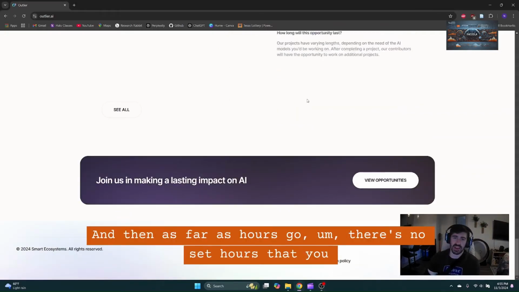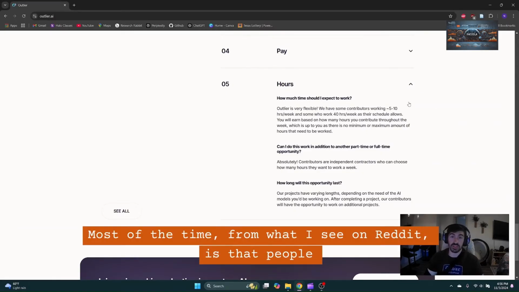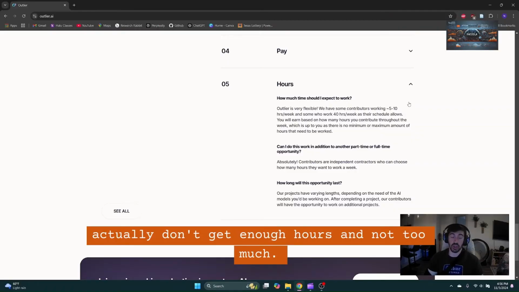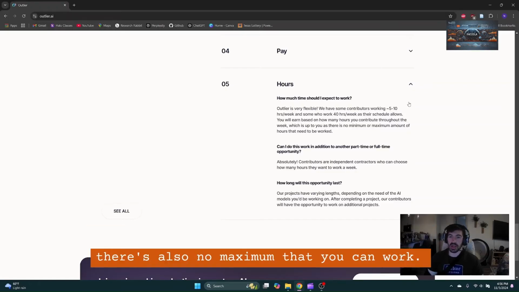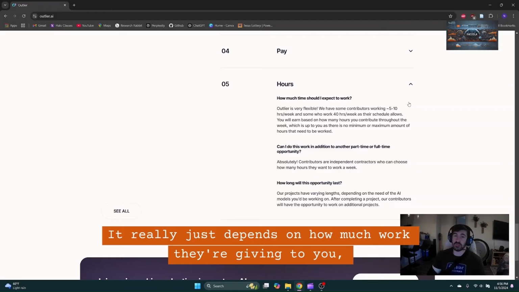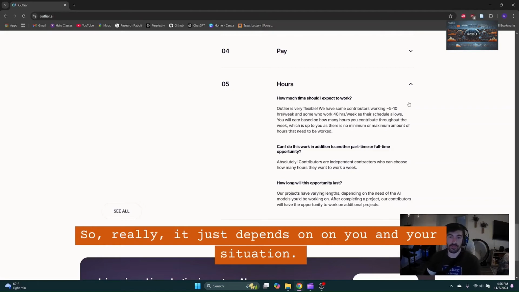And then as far as hours go, there's no set hours that you have to work. Most of the time, from what I see on Reddit, people actually don't get enough hours, not too much. So there's no minimum that you have to work, and there's also no maximum that you can work. It really just depends on how much work they're giving to you at the time that you're working on the platform.